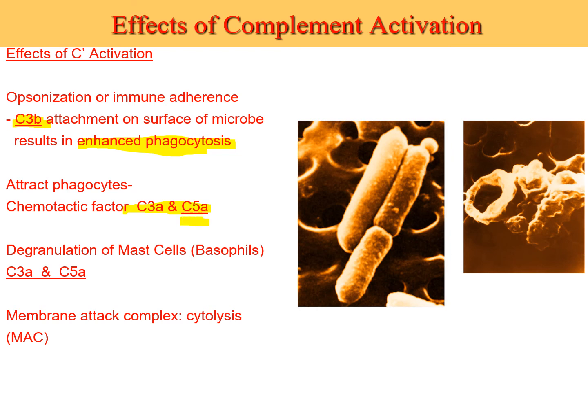C5a has more activity than C3a, and some sources that you might look at would in fact say that they would leave out C3a, but they both do have activity, although C5a appears to have more. Either one can cause degranulation of mast cells, which are basophils that have moved into the tissue, and therefore cause the release of histamine, and histamine causes vasodilation, so there's an increase in flow of blood into the area and increased vascular permeability, so more fluid leaks out, you get edema, and also it's easier for cells to move out of that leakier